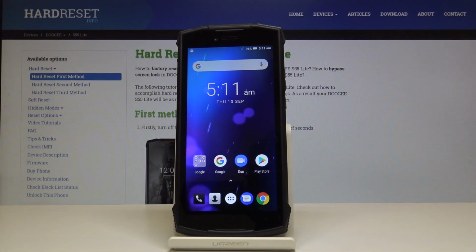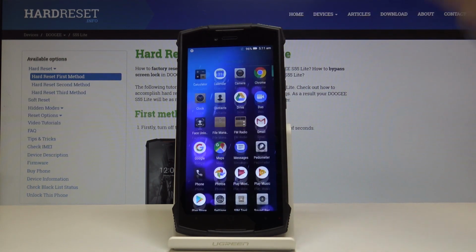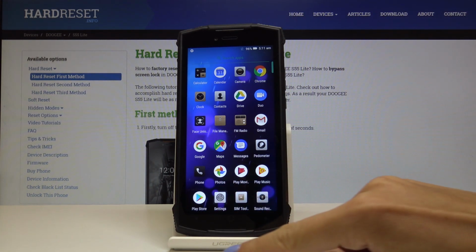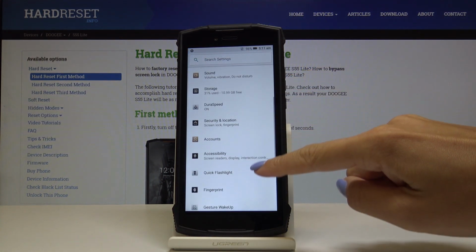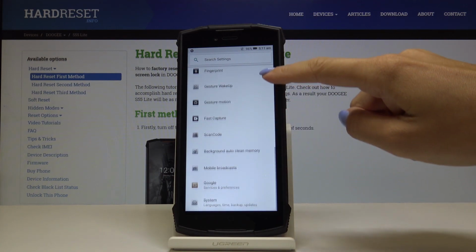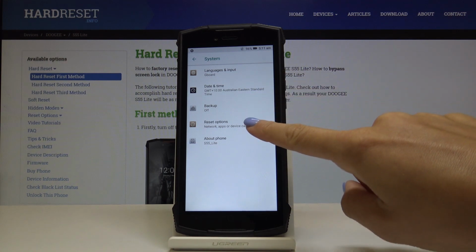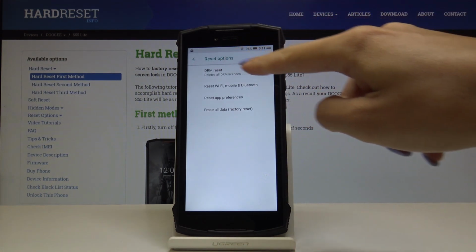Here I've got DOOGEE S55 Lite, and let me show you how to reset DRM on the following device. So at the very beginning you have to open list of all applications, then find and pick the settings, scroll down and select system, so it's the last icon, then go to reset options, where you will notice DRM reset, so